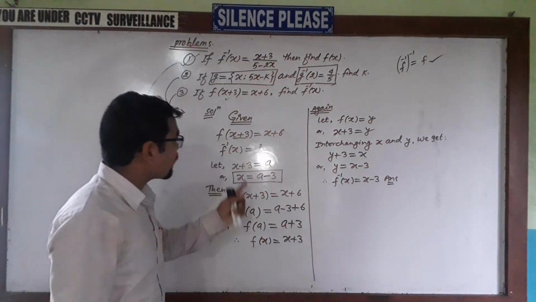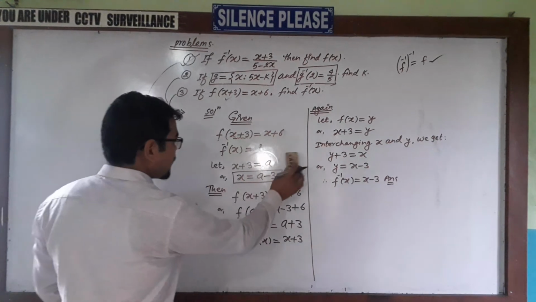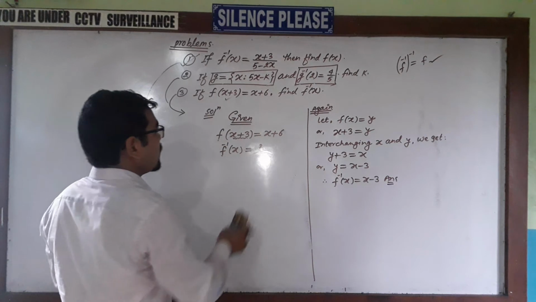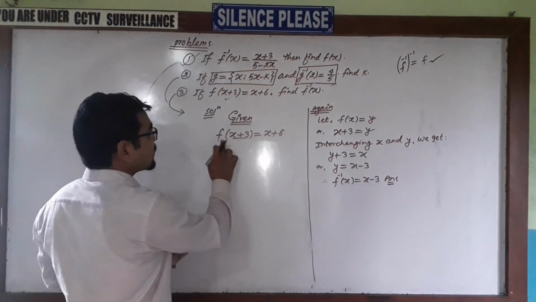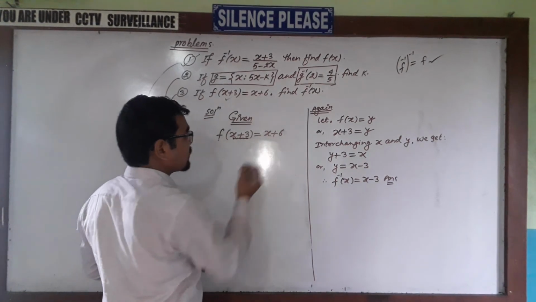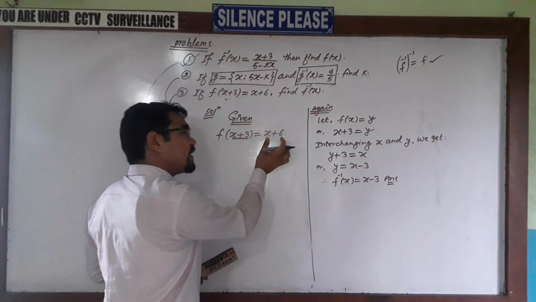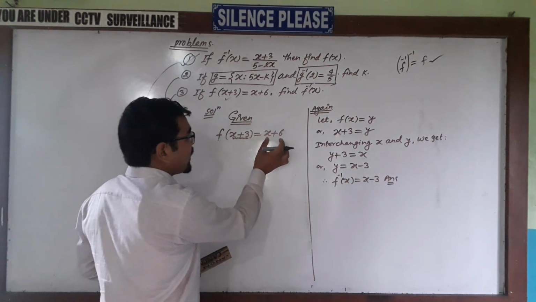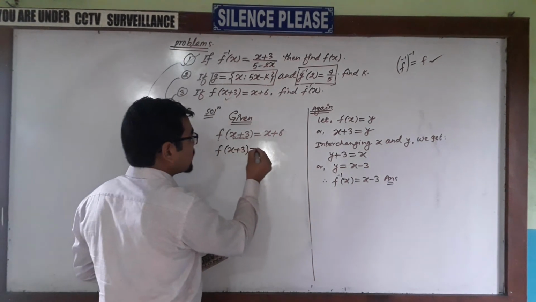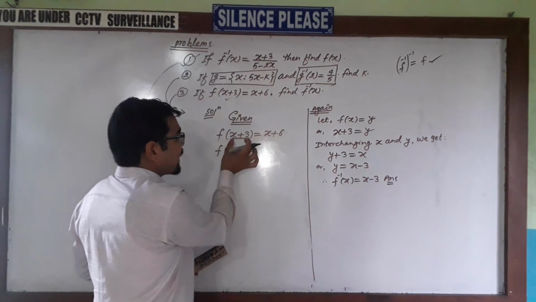Okay, so this same problem can be solved in another method. How? Look here. This procedure is the same, but you can solve it in another way also. Here we have f of x plus 3. If here is x plus 3, then here also we can make x plus 3, by adding or subtracting. Look here: f of x plus 3 we have, then equal to, here we have to apply our mind to express it like x plus 3.